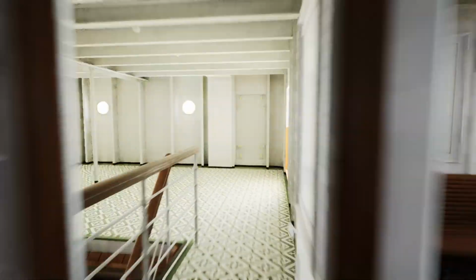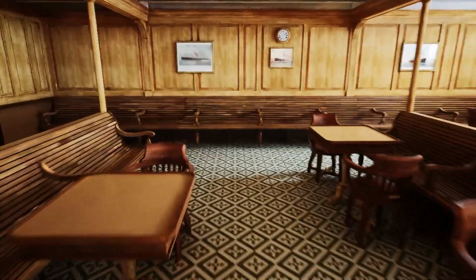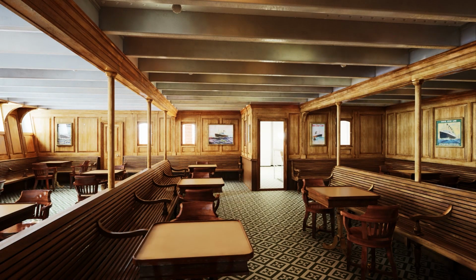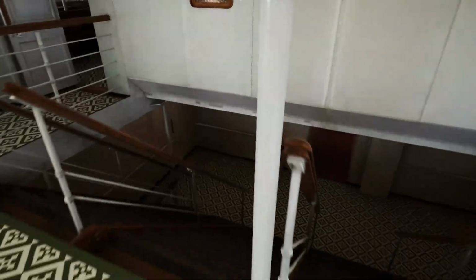And if we come over here to port side, this is the third class smoking room. In my opinion, I prefer this room over the general room, because even though the third class general room is painted white, which makes it look a little bit brighter, a little bit bigger, I prefer the wood coloring myself. I think this is a cozier looking room. That's just my opinion though. But if we come out and head down,